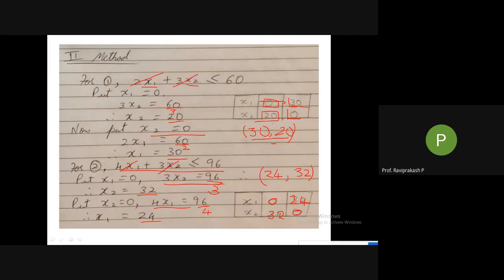Any difficulty here in method 1 and method 2? No, sir. No, right? This is very easy actually to understand. So if you are having any doubt, you can ask me now in method 1 or method 2. I hope till here everything is perfectly understood. Yes, sir. Okay, so now moving to the